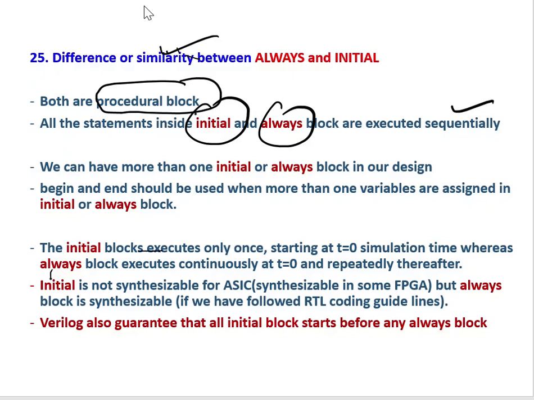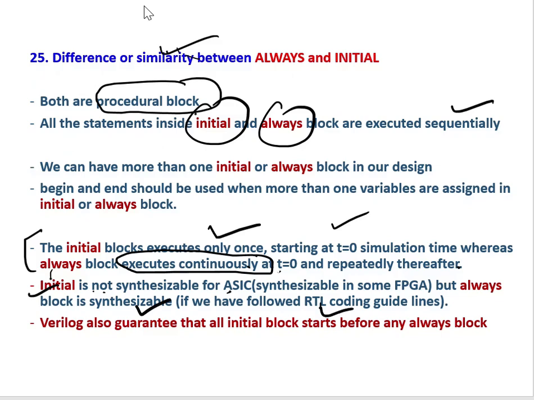the initial block executes only once, starting at t equal to 0 simulation time, whereas always block executes continuously at t equal to 0 and repeatedly thereafter. So initial block executes only once and always block executes continuously. This one also you have to remember, initial is not synthesizable, but always block is always synthesizable if you have